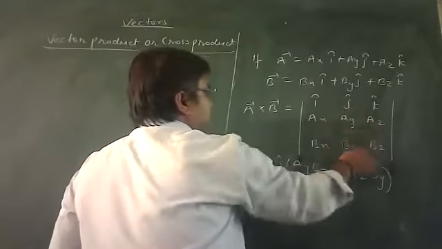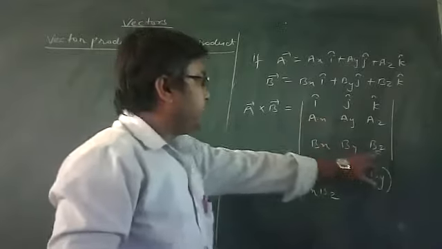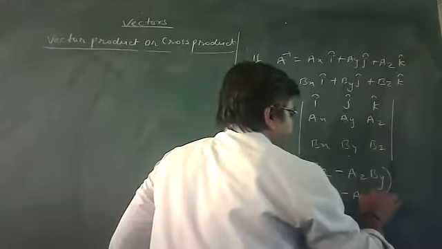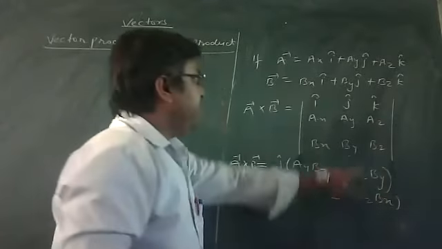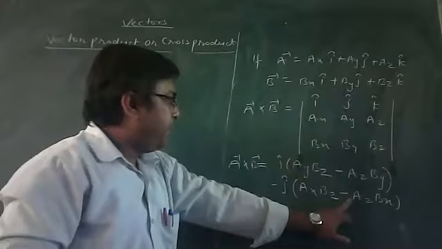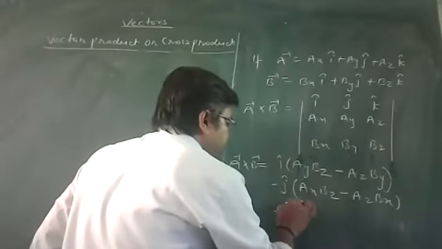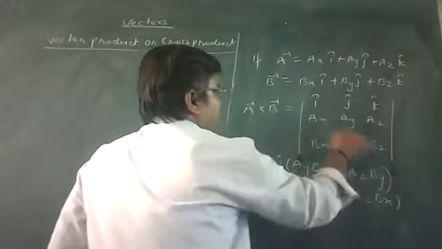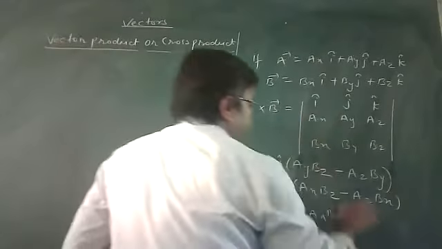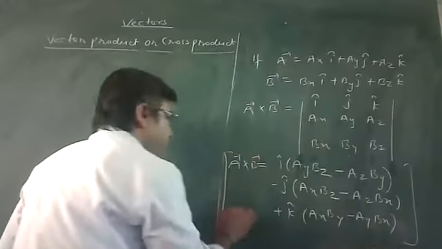Then leave the terms of y. What is to be done? Ax Bz. I cross k is minus j, so again attach the minus sign. Utilize here Az Bx. K cross i will be plus j cap. It is minus and it is also minus, so you will get the plus j cap. And third one, that is the k cap. Leave the terms of k cap. You will do here Ax By minus Ay Bx. This is the resolution of A cross B.